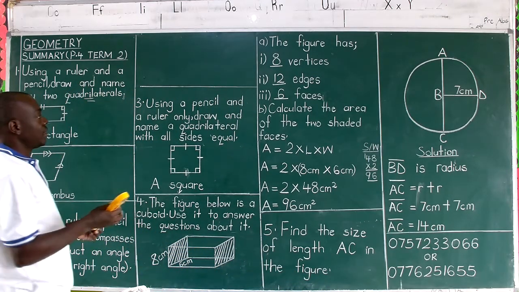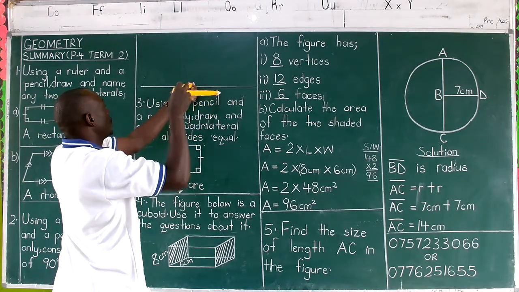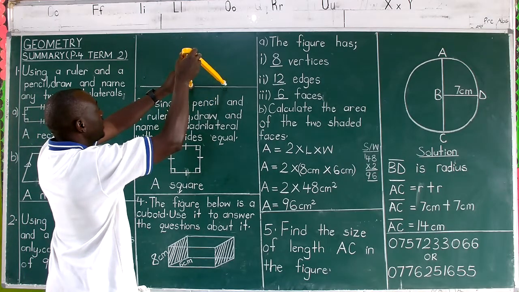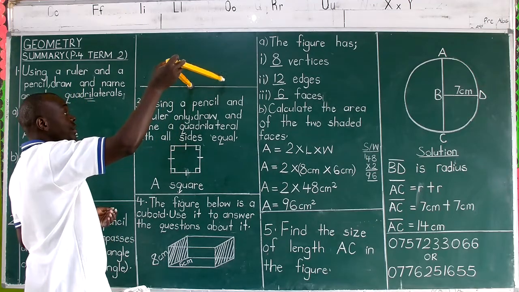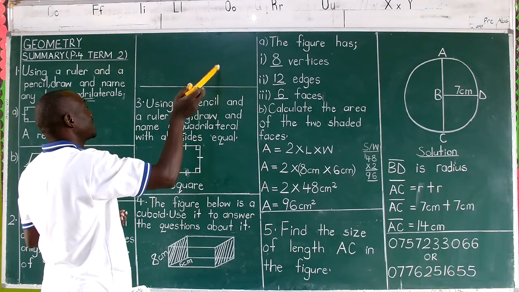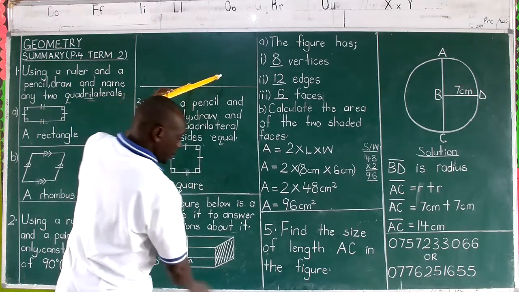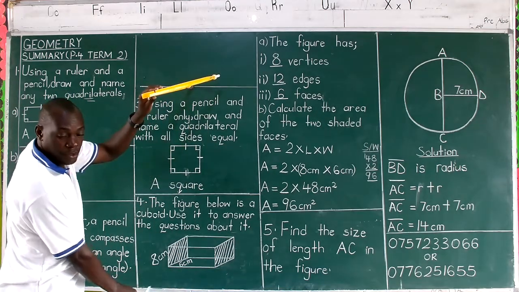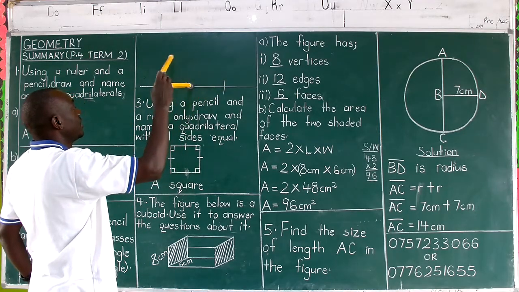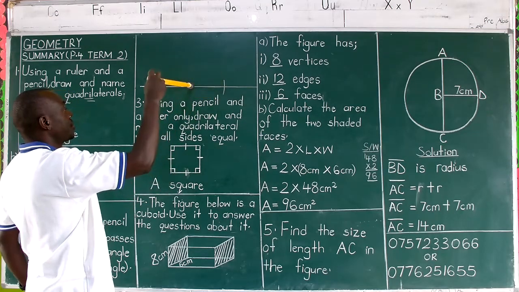We are then going to place the compass pointer somewhere in the middle of the line. Get a radius of your own choice, which must not be very big, because you are going to make arcs on either side of this point, so that you will be able to access that angle. So make an arc this way and this way.